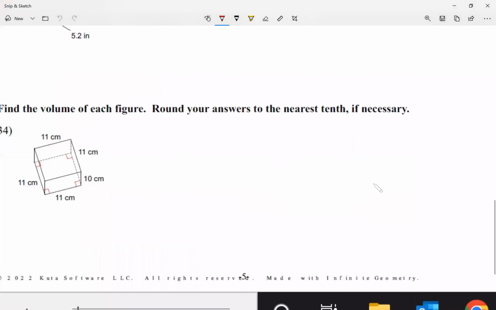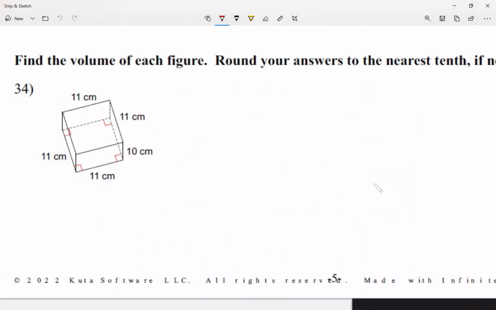Okay, so today we're going to be looking at volume of prisms. So let's take a look at questions 34 through 37. Now, one interesting part is that the homework yesterday, if you noticed,